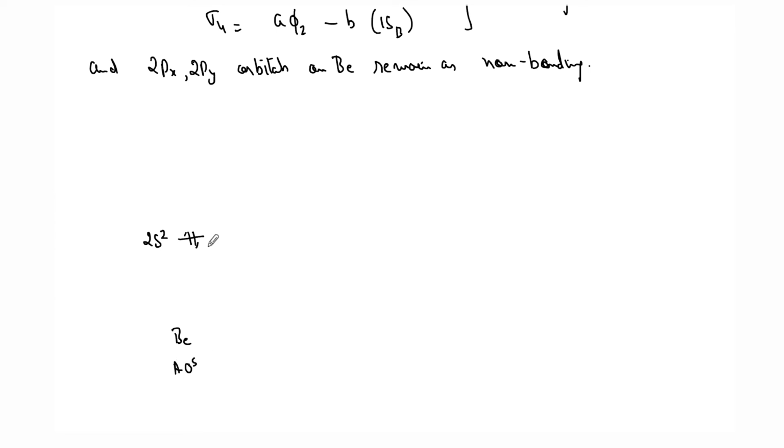atomic orbitals. And you have, well, we don't know to start with what is the pz, px, py. These will not be degenerate because z has different symmetry than x and y, but we don't have any idea of whether this will be lower or higher in energy. So I'm just writing it like that only. So 2px, 2py, but these are all empty, right? All right, these are the beryllium